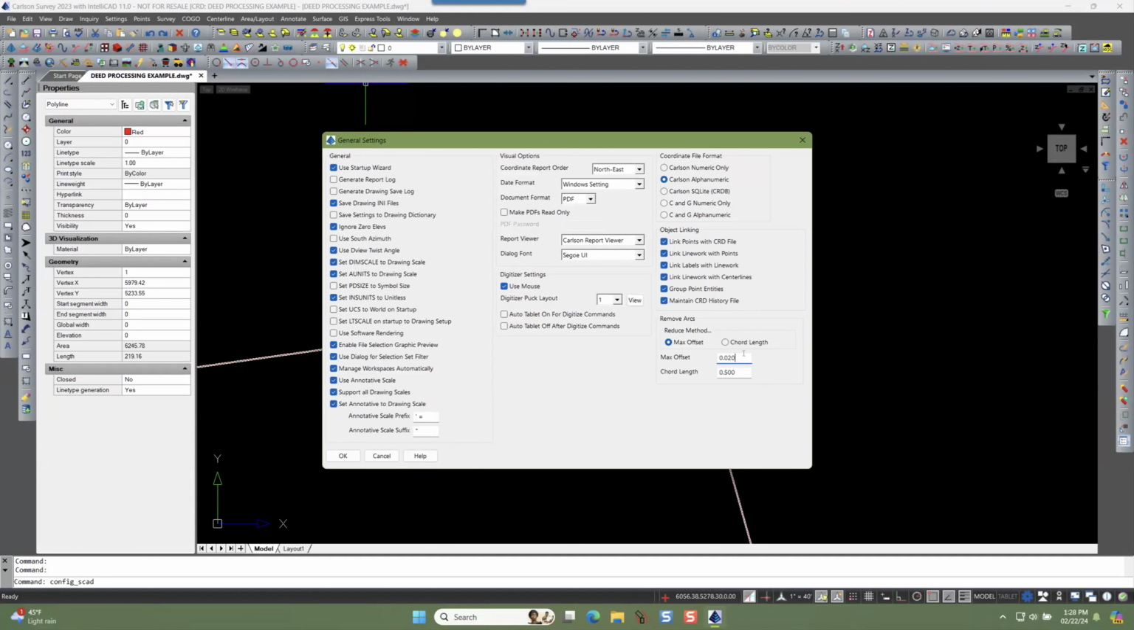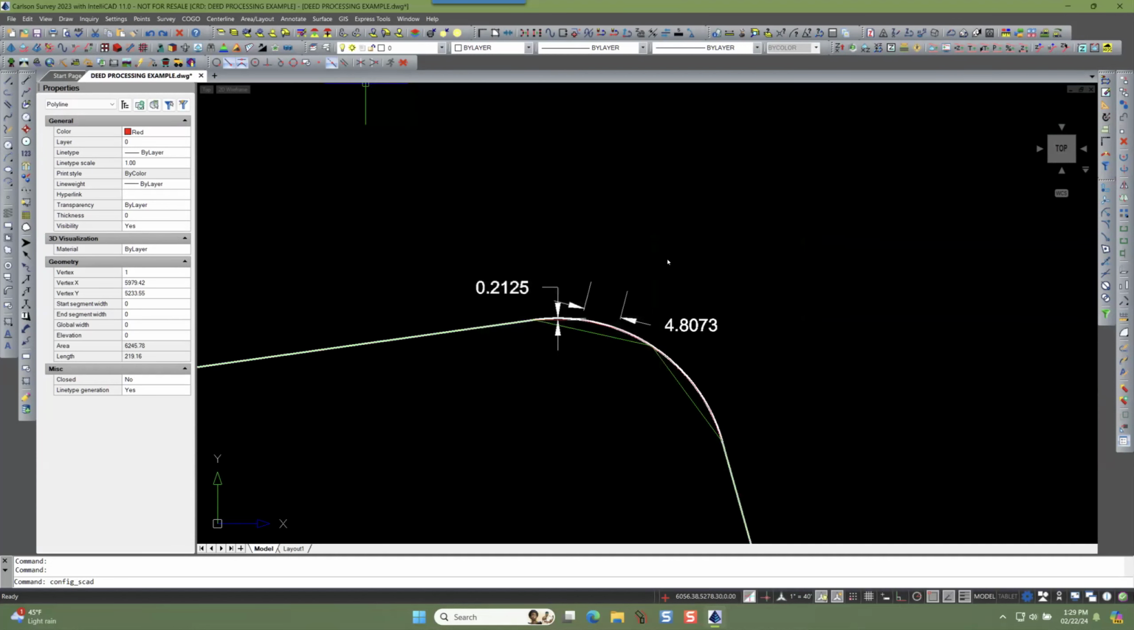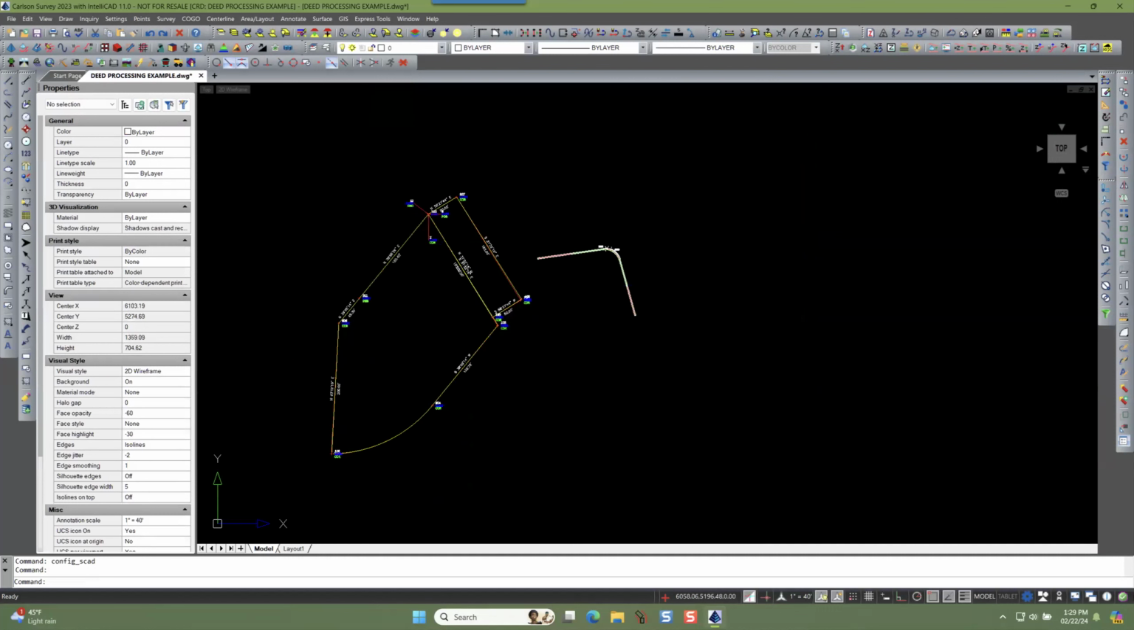So now let's talk about this object linking here a bit. And I'll show you what they mean. So if we have a series of points, let's go to,